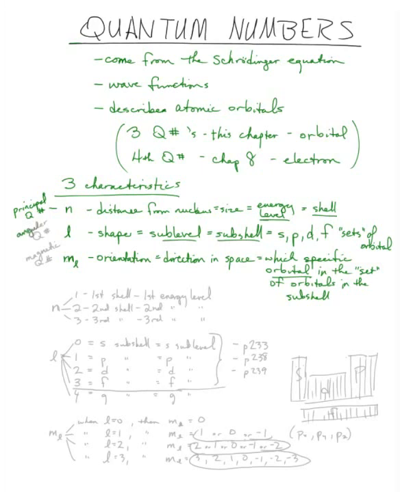Then we have the angular quantum number. And angular has to do kind of with shape, you know, where it goes in space. And then the m in the m sub l stands for the magnetic quantum number, which if it's oriented one direction, it'll have different magnetic properties than if it's oriented another. You know that from even handling magnets, that if you turn them, they're acting a little differently. So there are the names. The principal quantum number, the angular quantum number, and the magnetic quantum number correspond to n,